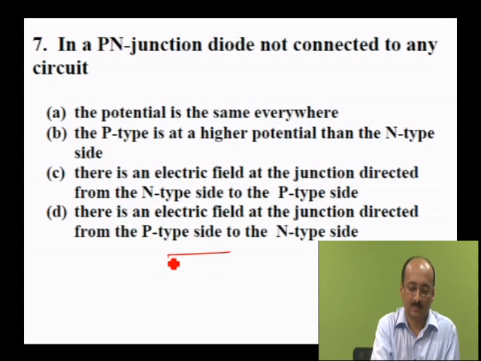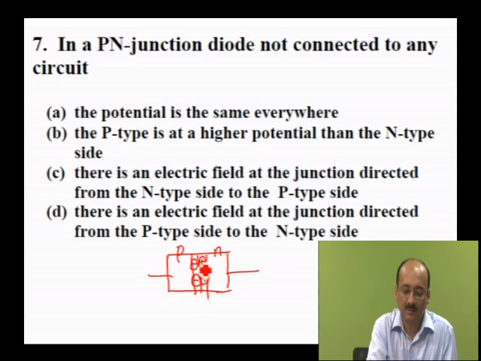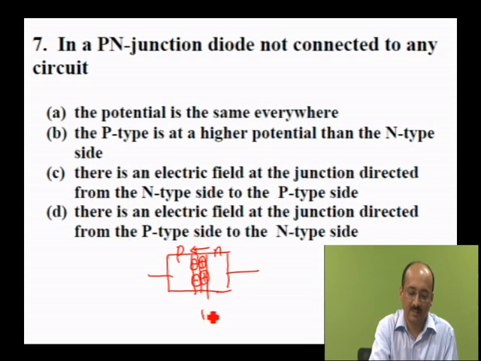See, when you are having this PN junction, the junction depletion region, if this is P type and this is N type, you are going to have pluses piled up here, minuses piled up here. On the P side, it is minuses, that is the immobile negative ions. On the N side, immobile positive ions. Always the field is from plus to minus, that is plus which lies in the N type side to minus which lies in the P type side. So electric field direction will be from N type side to P type side,